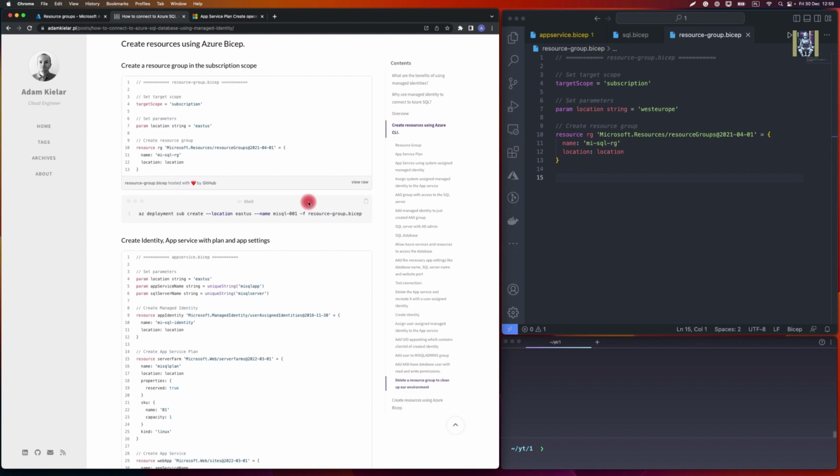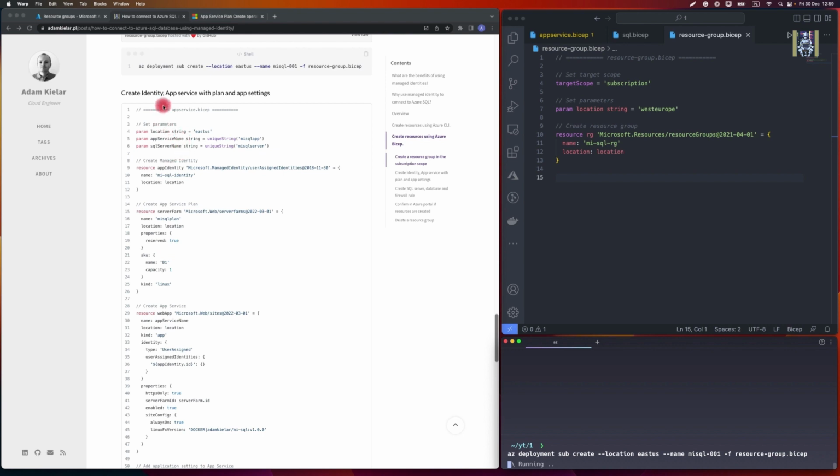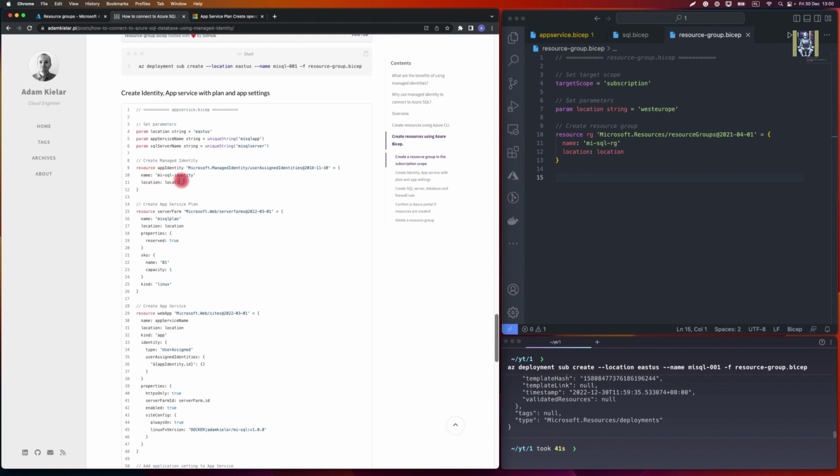Right now, after we delete the resources, we can recreate them using Azure Bicep. First, we will create the resource group in the subscription scope. So we have to remember to have proper permissions to do that. Let's create it. As the next step, we'll create a unique string, so we can have unique names for our app service and SQL server. Then we will create the managed identity,